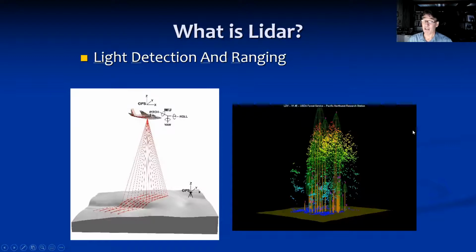And the great thing about LIDAR is because these laser beams come down and they will hit the leaves and needles and whatnot of trees and buildings, but at least in terms of vegetation, there's parts of the laser beams that go all the way through all the leaves and everything else, hit the ground and bounce back.